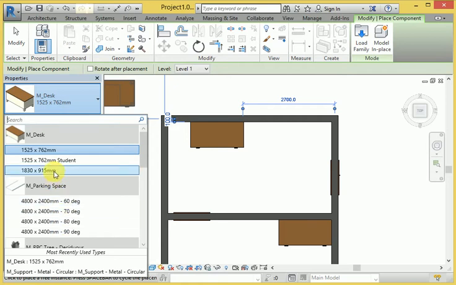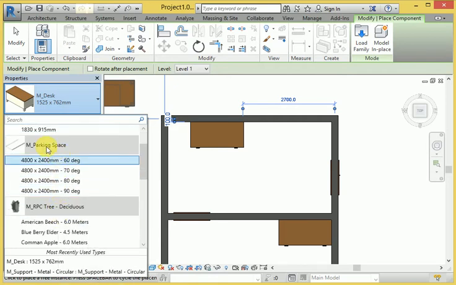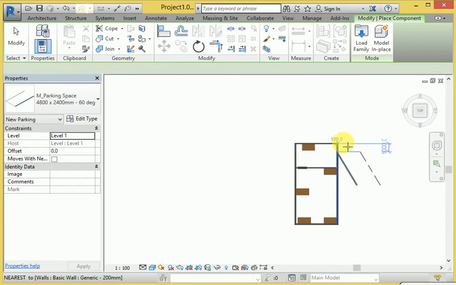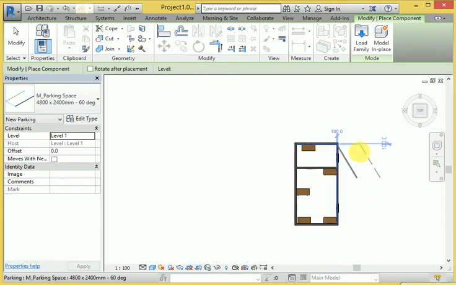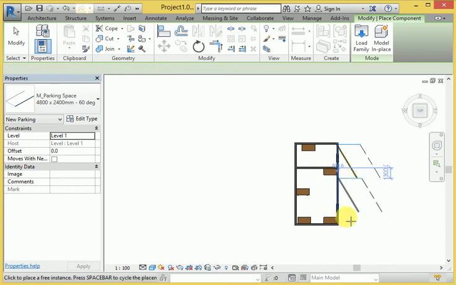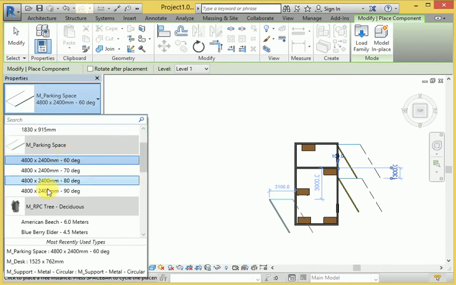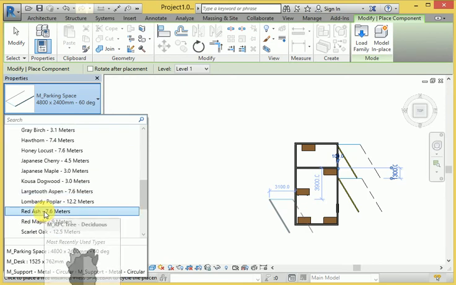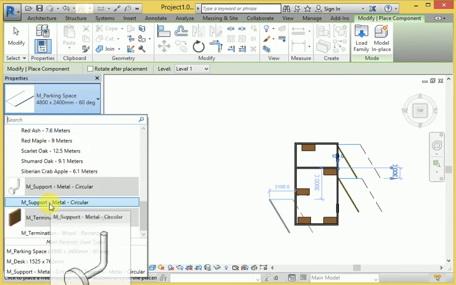If I want to select any parking related component, here you can see that it is shaded. So it is very easy to create 3D connection. If I get any other column related component, it is predefined and available here.